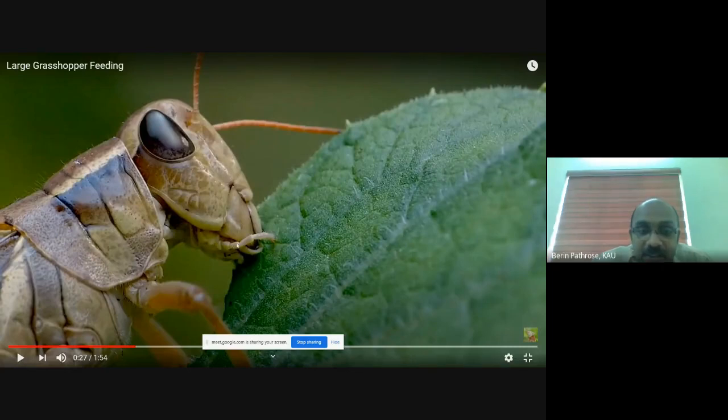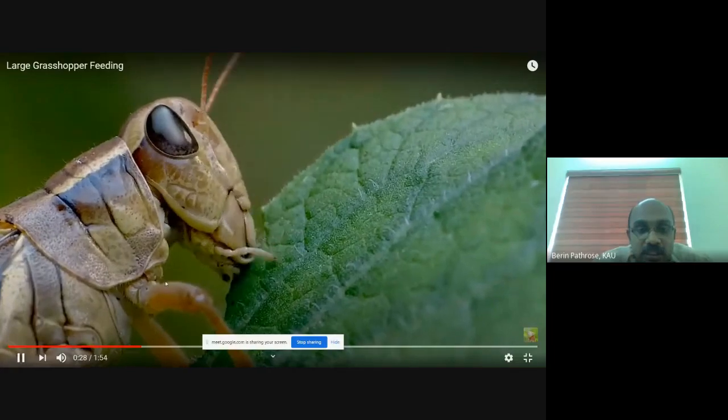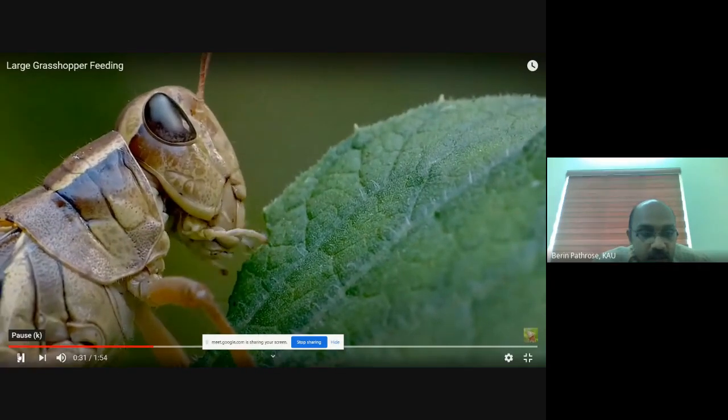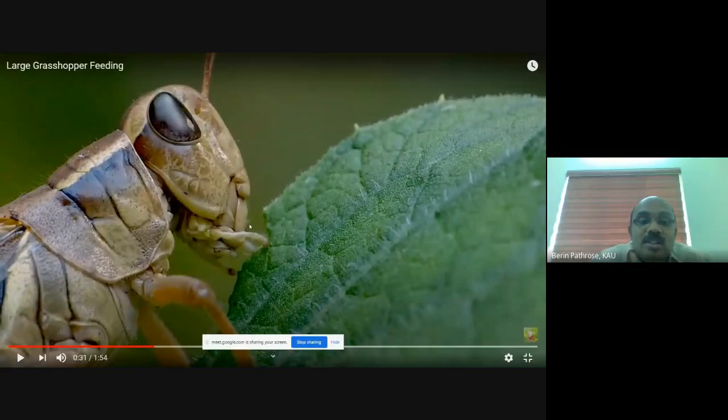And this is the maxillae, and you can clearly see the maxillary palpi. I am counting the segments: 1, 2, 3, 4, and 5. So I told you this is the maxillae. Again, labrum, mandibles, maxillae, and you can see the maxillary palpi. And this one is the labium. In another view, it will be clear. See the labium over here. Now it's visible: labrum, mandibles, maxillae, and the labium.